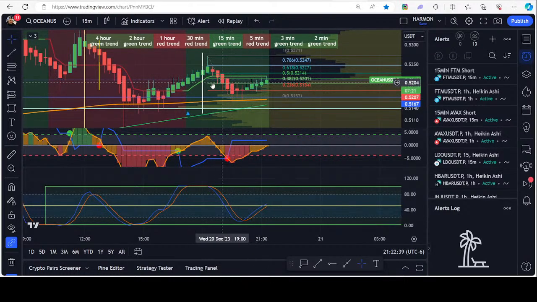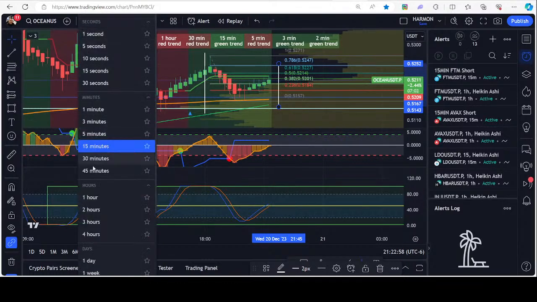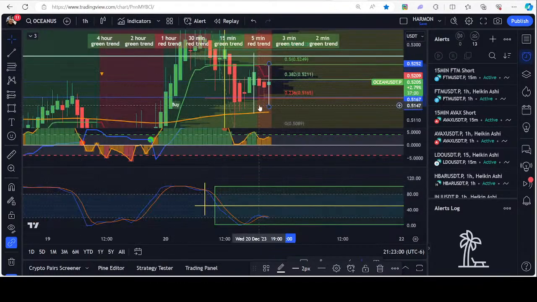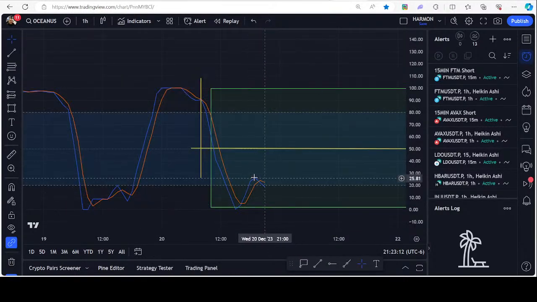So what we're waiting for, as long as everything stays the way it's going, is the 15-minute moon and the trend to take advantage of the next short. Somewhere around here would be the next time that we would see that short happen. Now that is only if during this time the 1 hour stays the way it is, which is moon and trend in a short position, right? And once the 1 hour RSI starts to head up, right, which is kind of what we're looking at right now,